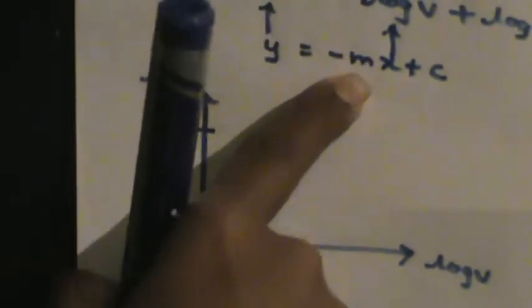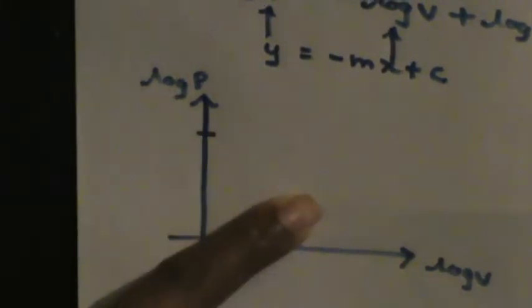So the x-axis is log V and the y-axis is log P, right? So there will be a positive intercept somewhere here, I'll take here. That depends upon the gas you are using, and the gradient will be negative, meaning it is making an obtuse angle with the positive x-axis. So the graph will be in the form like this, right? And this angle is equal to 135 degrees because this angle is equal to 45 degrees. We found that because tan theta is equal to 1, this angle is 45 degrees. So this angle should be 135 degrees. So this is the graph of log P against log V.